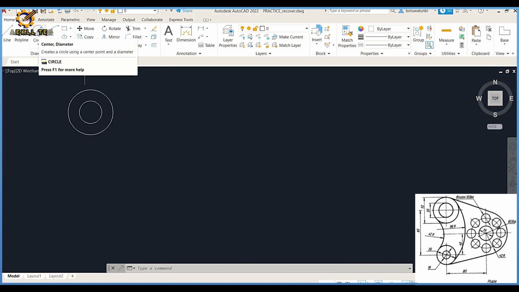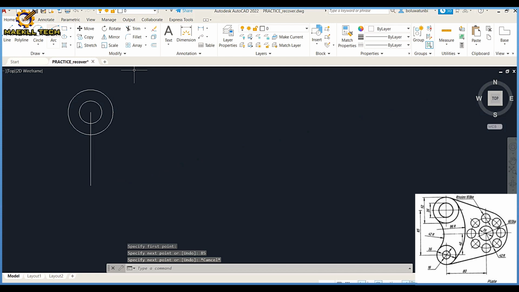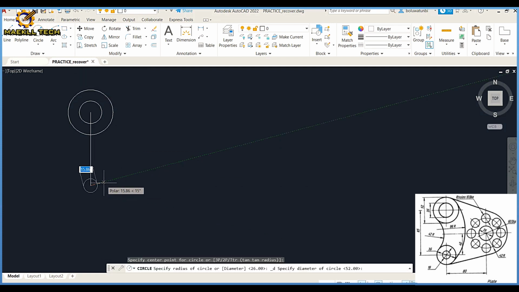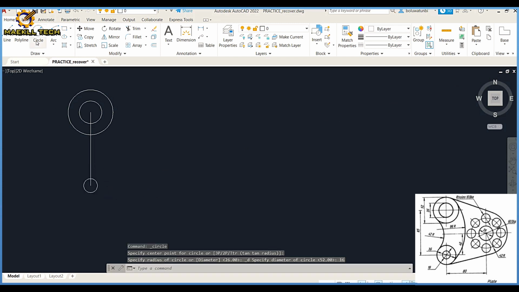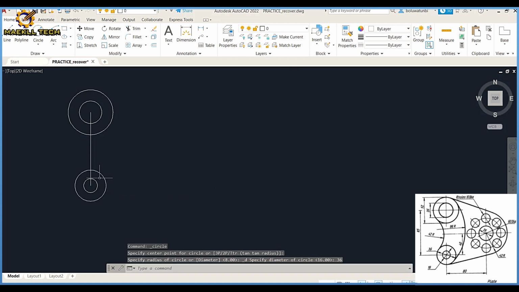Okay, so I'm going to pick a line like this from the midpoint of this circle. I'm going to draw this line downward at a distance of 85. Enter. Then that is it. So I'm going to pick my circle. At this end of this line of 85, I'm drawing a circle of diameter 16. Enter. Then a circle of diameter 26. Enter. Alright, after doing that,